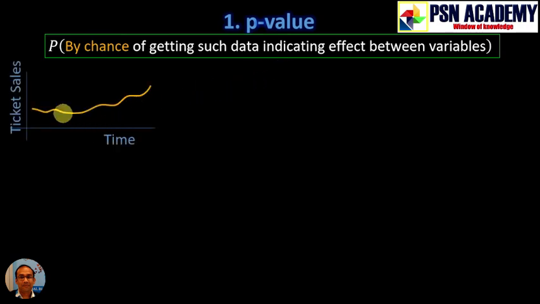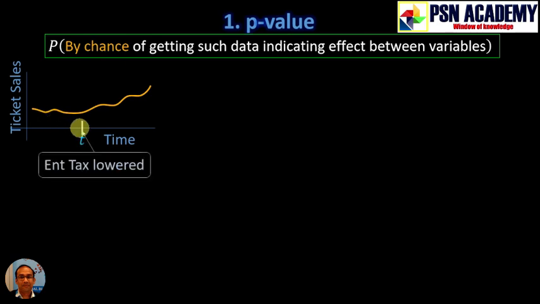For example, you see here, this is time and this side is ticket sales. Now you specify one timestamp t here, and at this moment, entertainment tax was lowered. You can clearly see that after this time t, there is a rise in ticket sales. Now you have got this data from a sample. Suppose you have taken the sample from one state and there are several states in the country. So from one state you have got this data and it is showing that after t there is a rise